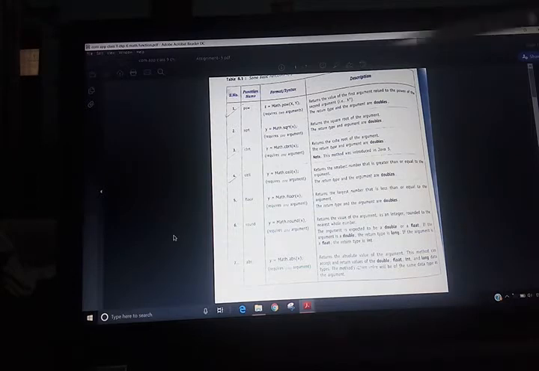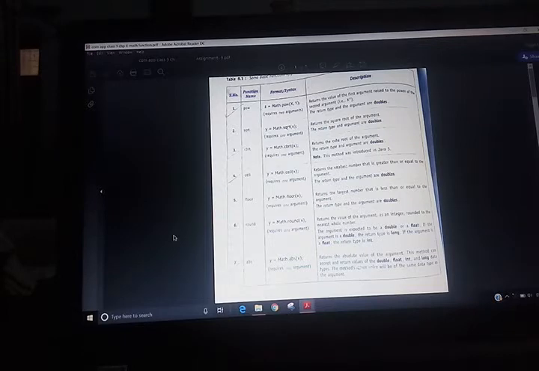Next is sqrt, that is square root. It requires one argument and calculates the square root. Then next is cbrt. cbrt also requires one argument and returns the cube root of the argument. When you calculate a cube root, you use cbrt.